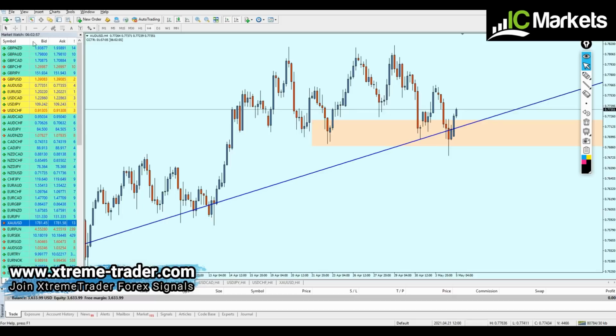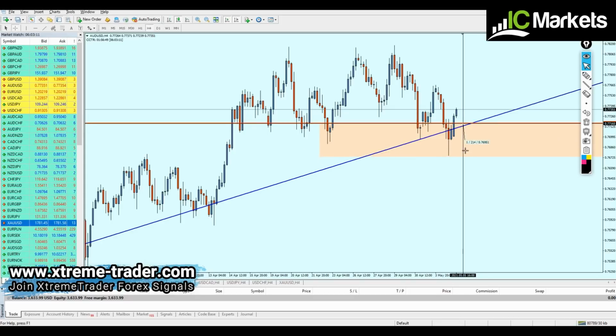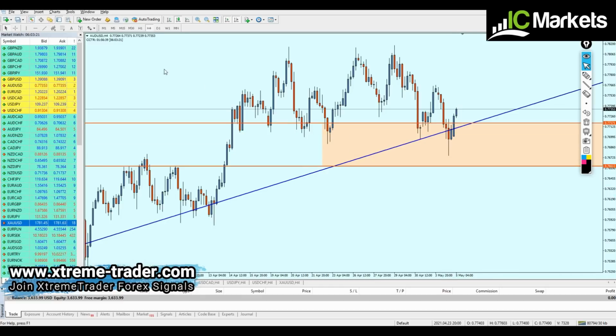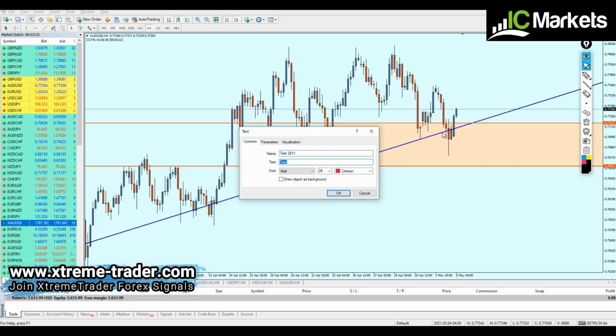So that being said, let me just draw the level for you. Exactly like that, just to be more safe. Yes, just like this. And the safe zone, I'm just gonna drag it a little bit more to be below that support level. So therefore the safe zone will be ranging for about exactly like this. If the pair has ever went below that support level, most likely it means that this setup is no longer valid. So therefore the buy order should be placed